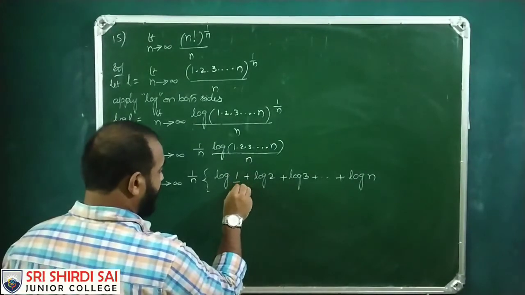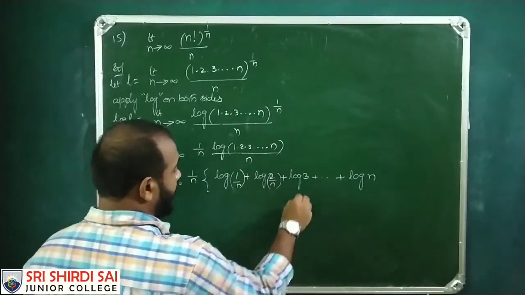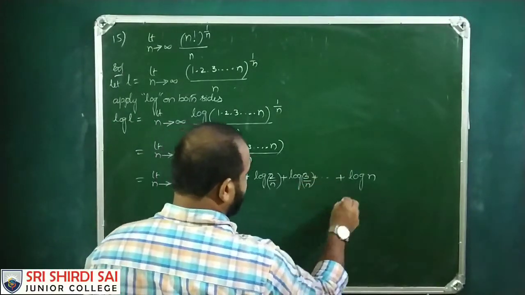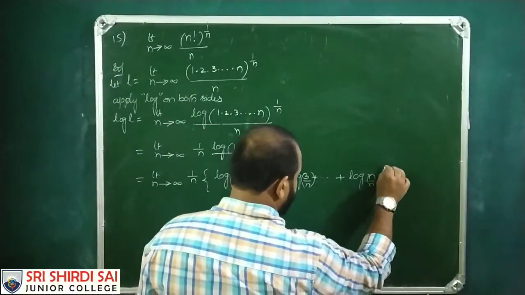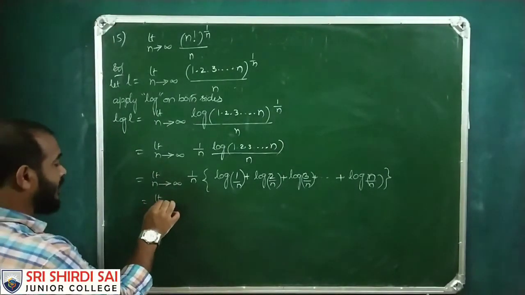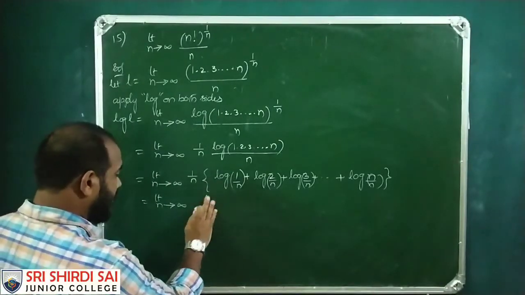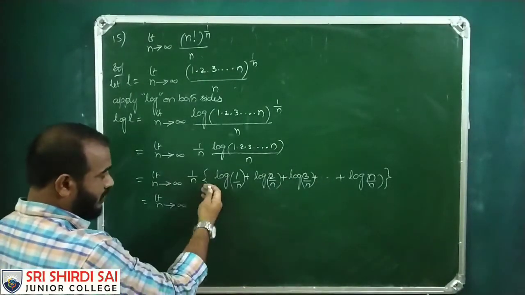So this is 1 by n, 2 by n, 3 by n, up to n by n. This is equal to limit n tends to infinity, log,